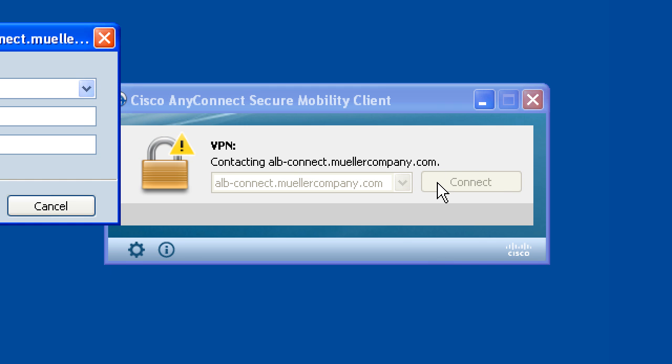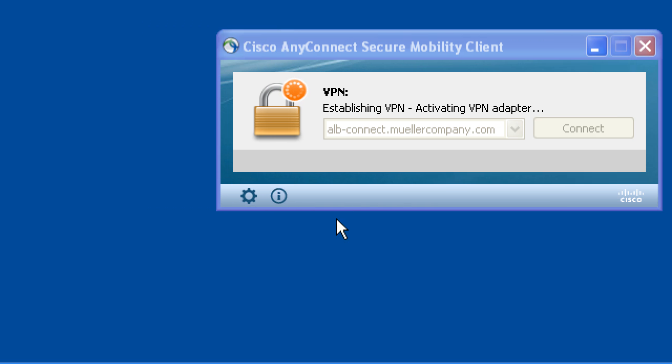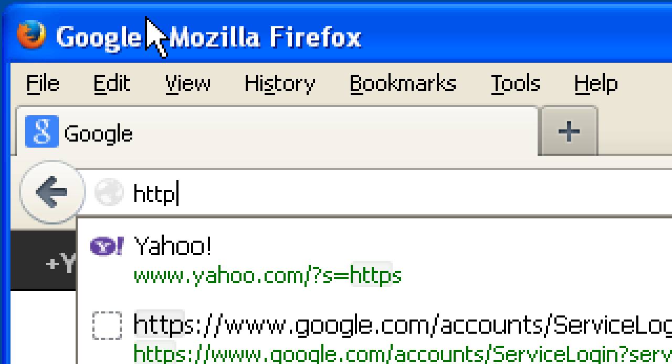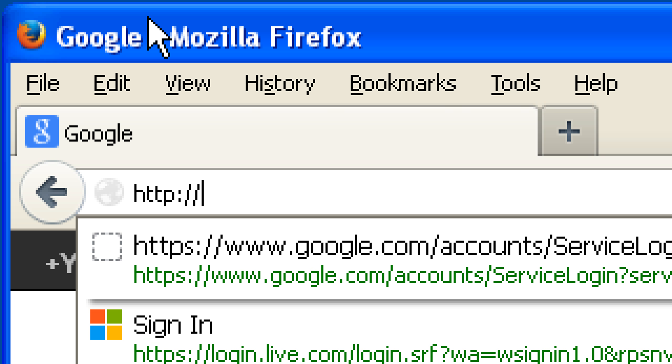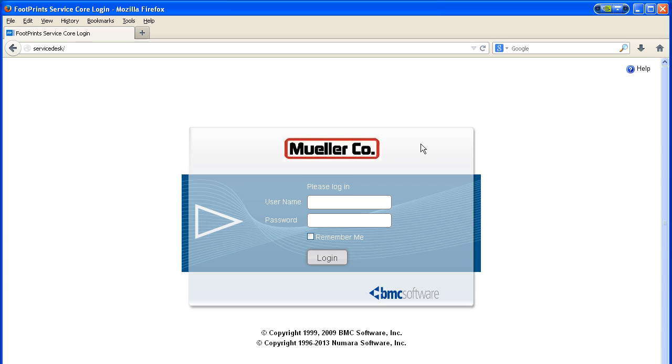Click Connect. Sign in with username and password. Verify the connection is successful. Afterwards, you can access the portal at http://servicedesk/. When a user accesses the portal, they will be taken to a portal logon page where the user can